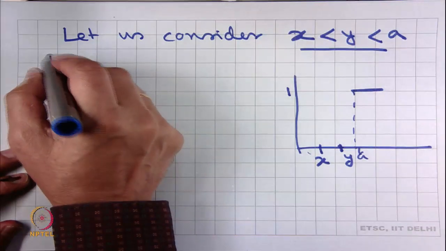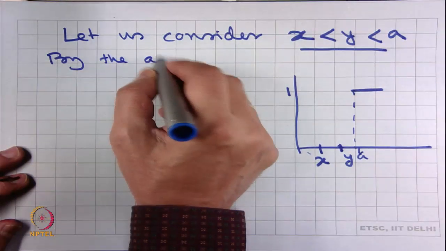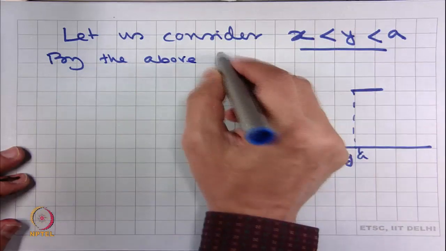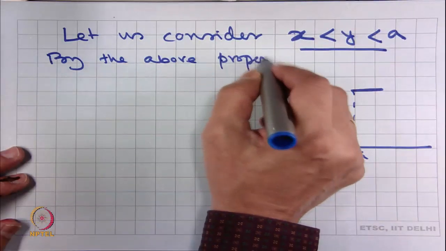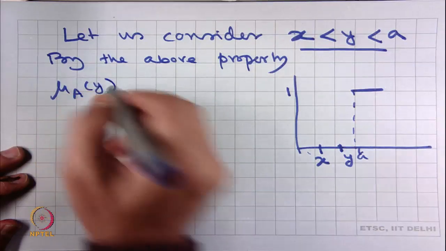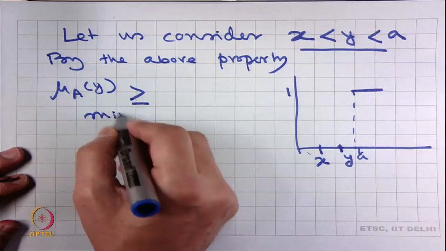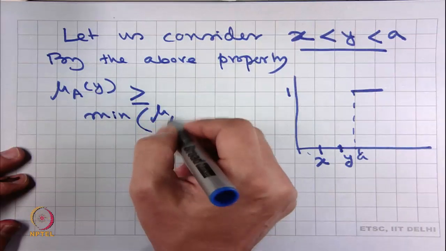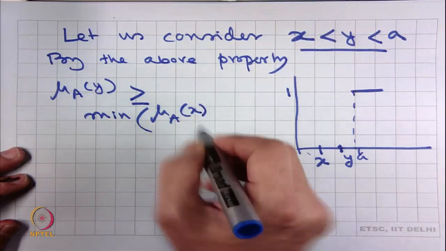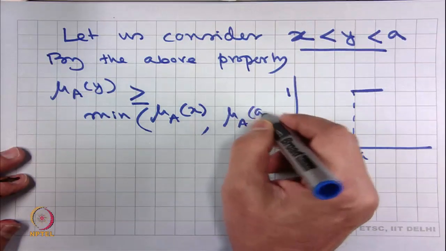Therefore, by the above property, membership value of y has to be greater than equal to minimum of membership value of x and membership value of A,